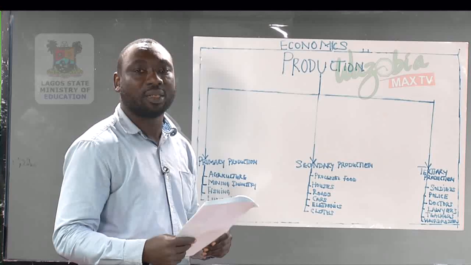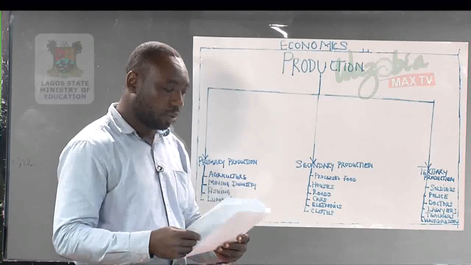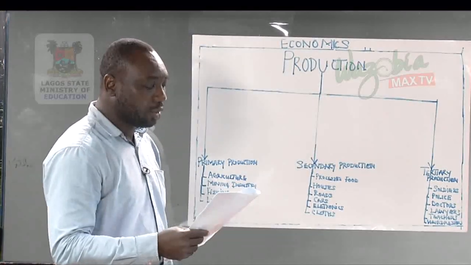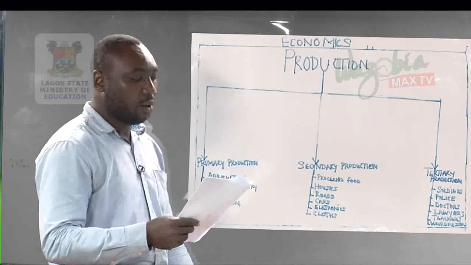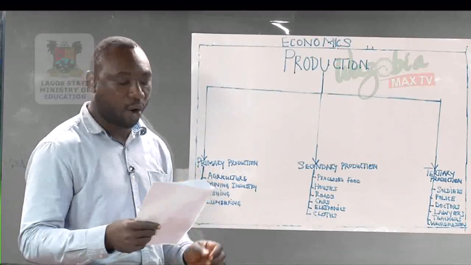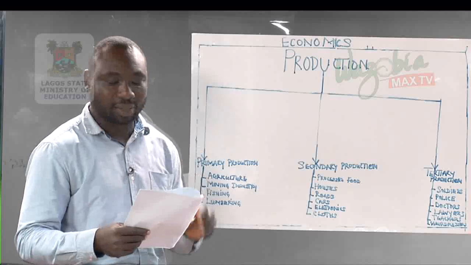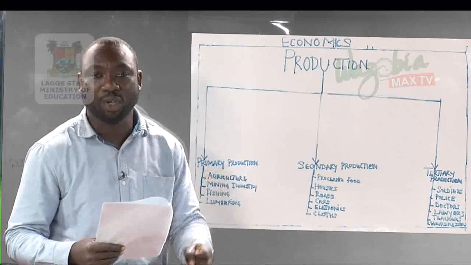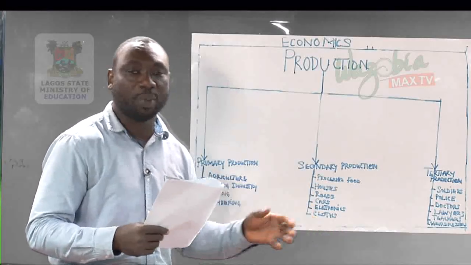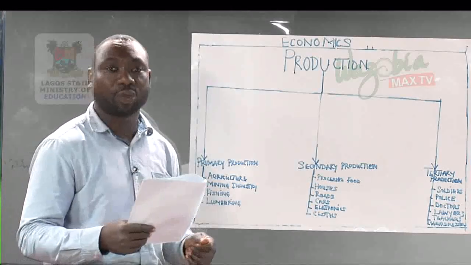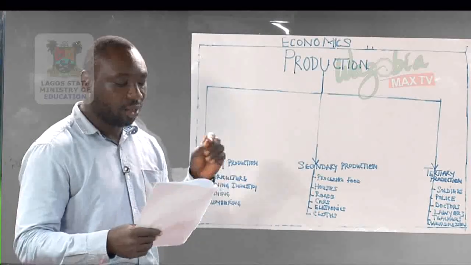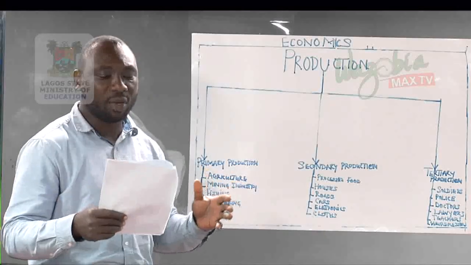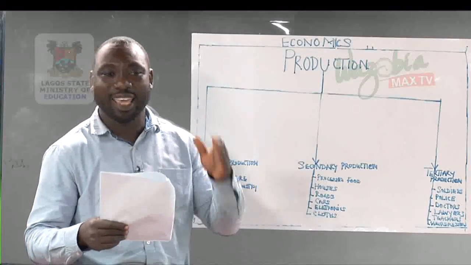And we have indirect production. This is the production in which goods and services are produced on a large scale, mainly for sale, and it involves the exchange of goods and services. That is where we have larger production. That is where we have industry, investment, business organization, and international trade. And from there, we can expand by giving the stages of production under indirect production.